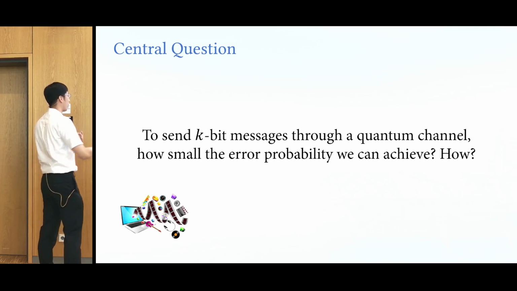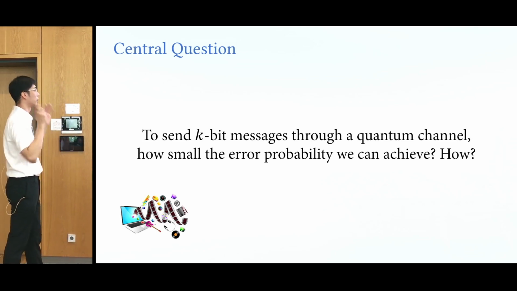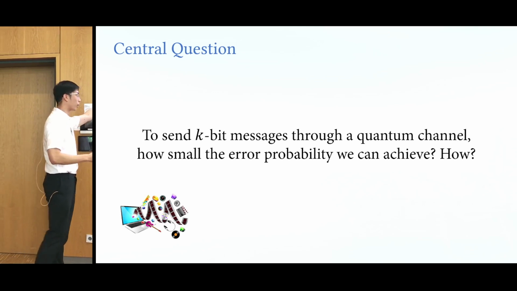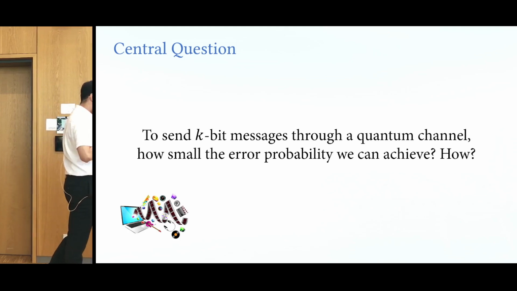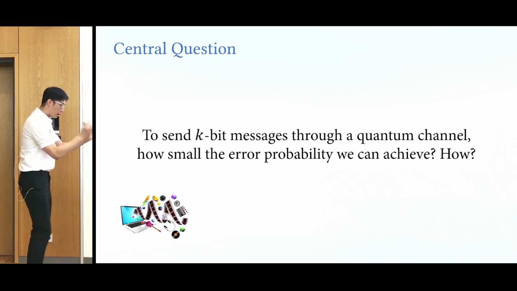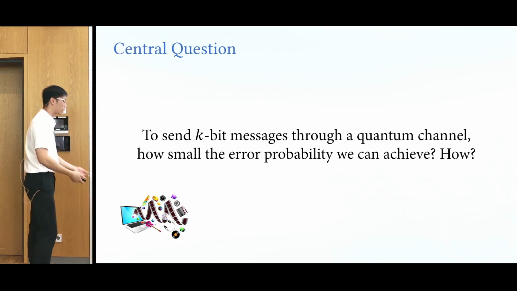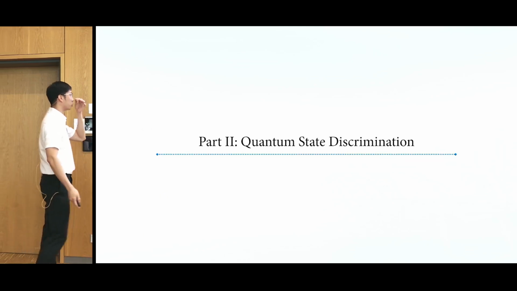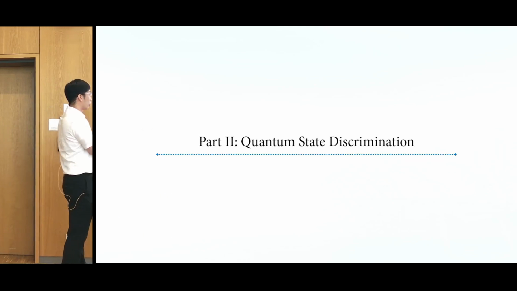Then how small an error probability can we achieve, and how? That's the central question. You don't need to know the notion of capacity or whatever. We want to ask this question. And if we are lucky that the underlying channel has some product structure, then what's the error behavior? That's the central question. To answer it, this leads to part 2 of our talk, quantum state